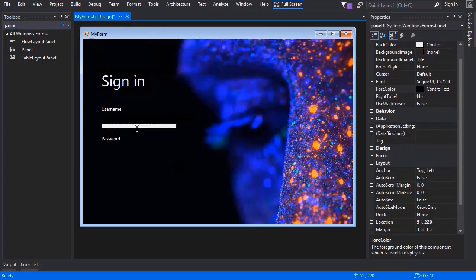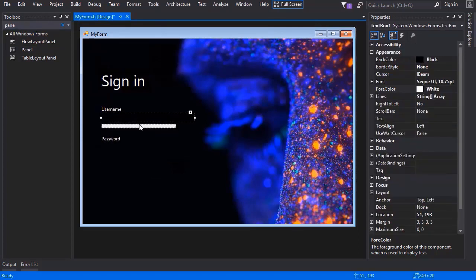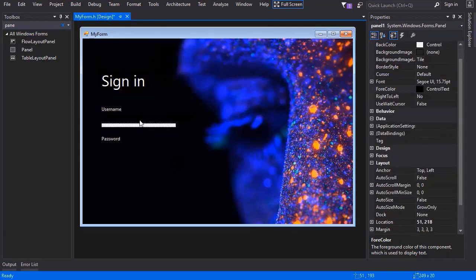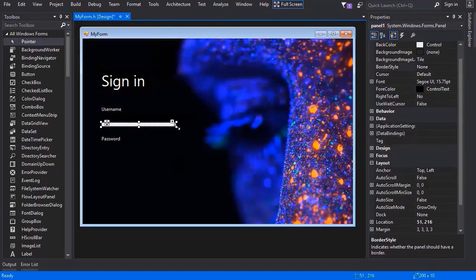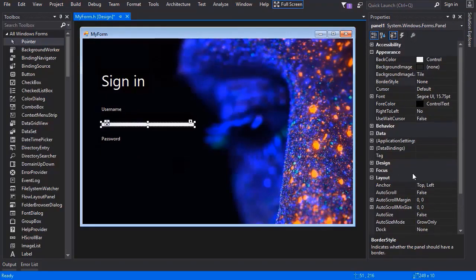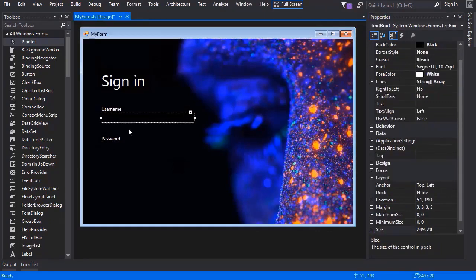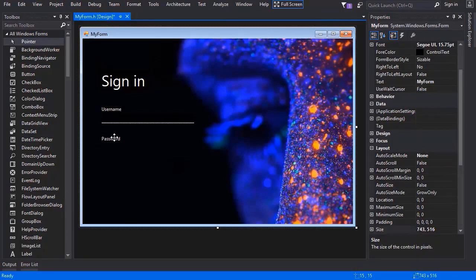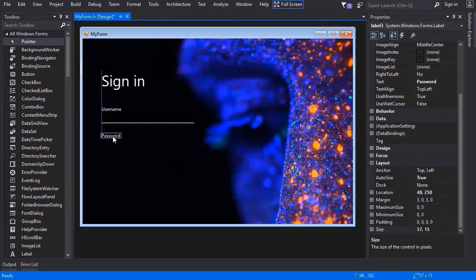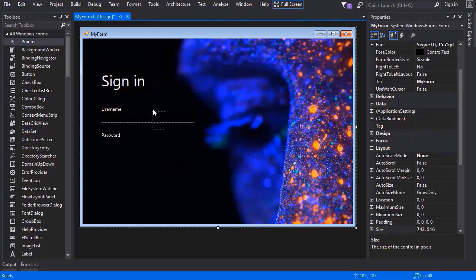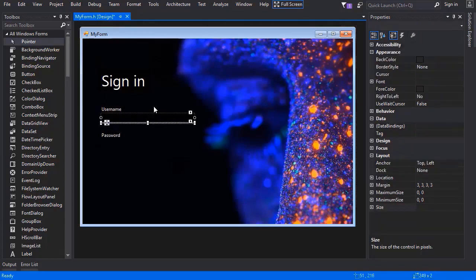Like we can use a panel right here, right below the text box, just like that, and I'm gonna resize it and change the height to 2. Here we have a nice text field. So I'm just gonna position this password text a little bit, and I will select both of these, the panel and the text box, and copy and paste, and I will place it over here right below the password text,